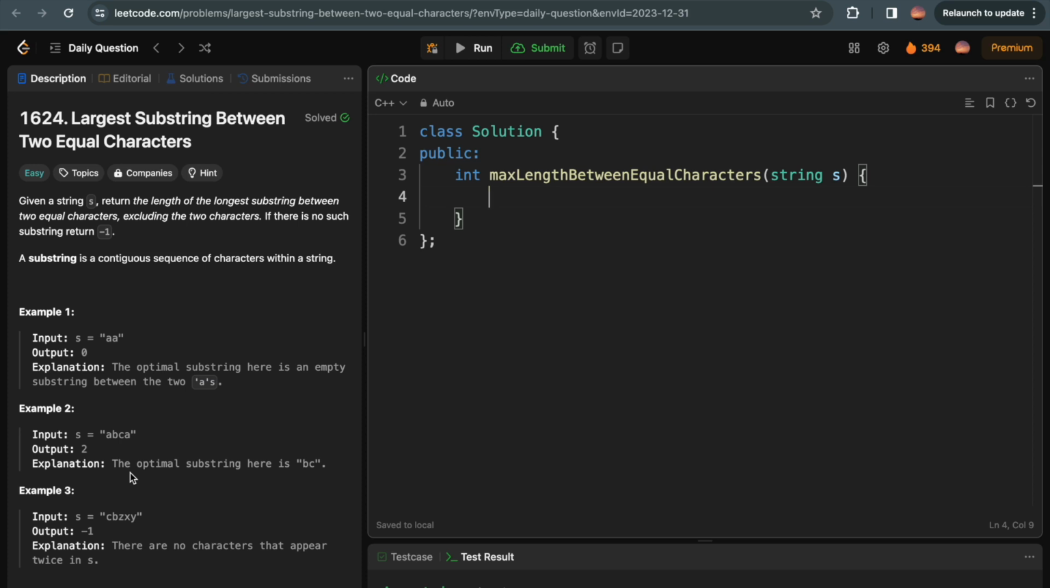One basic approach which comes to mind is the brute force way, in which you will have two loops. One will have the left index and another will have the right index, and whenever the elements at left and right are equal, you will check if it is the longest substring. That will be order n square, but here we will look at the optimal solution,